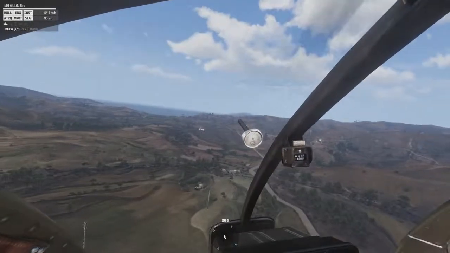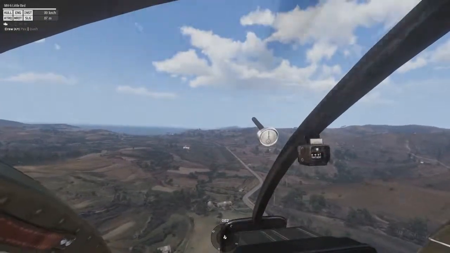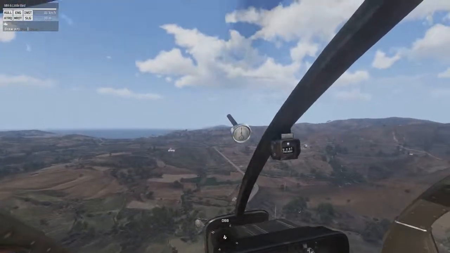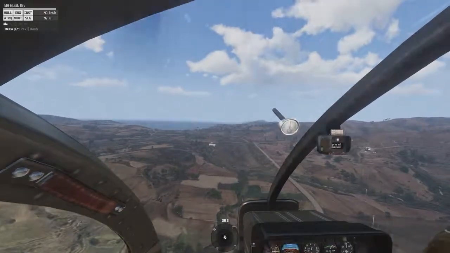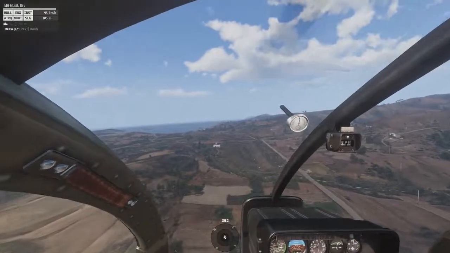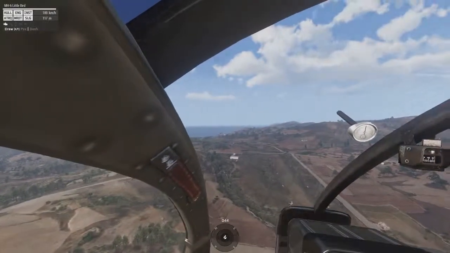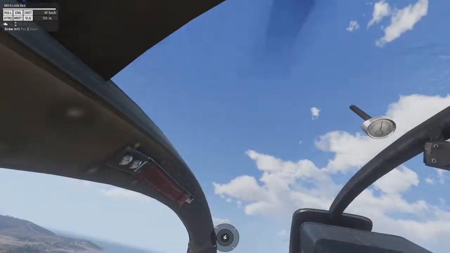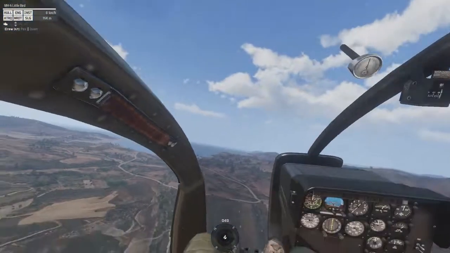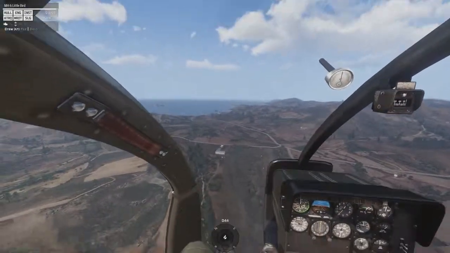Now, going back to that infamous newbie who wants to land on a public server, he's flying along, and he thinks, oh, there's an airfield, I can land on the airfield. So he levels up, and he thinks, I'll go and land. So I'll pop into auto hover, and watch the height and speed. Height zooms up, speed zooms down. Then he'll think, okay, now I'm stable, I'll reduce my collective,